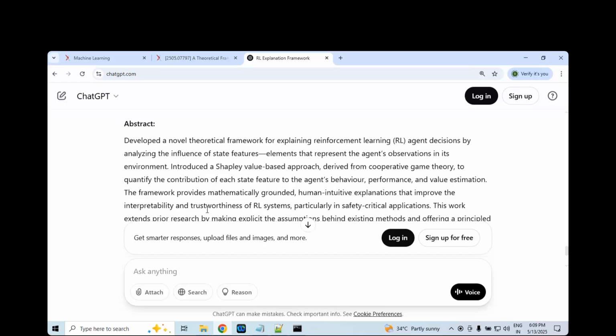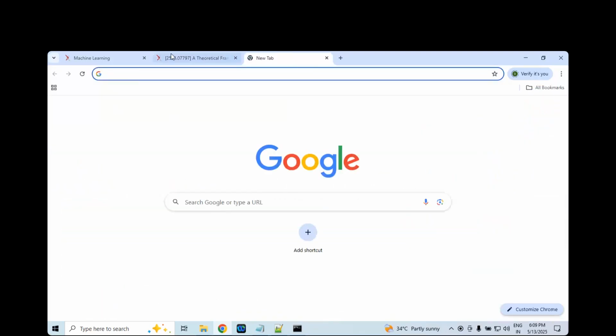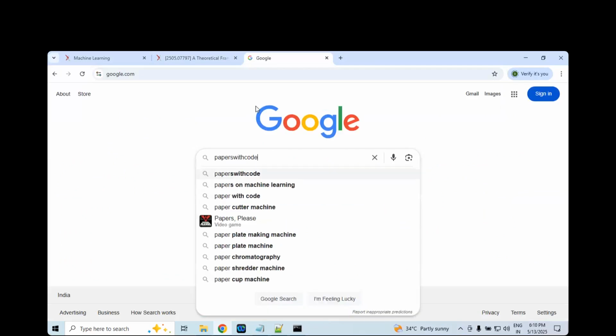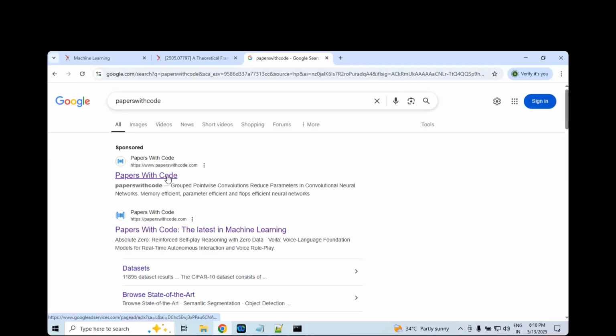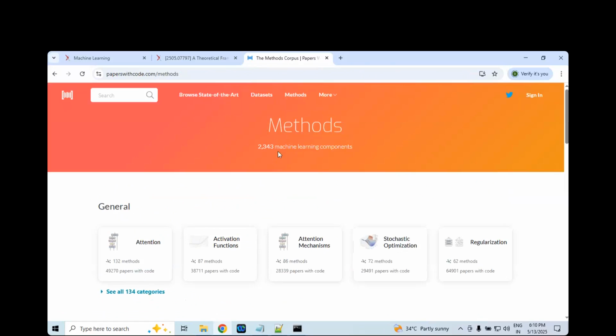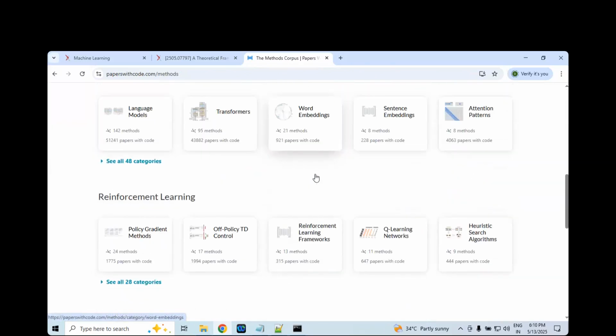This is one of the websites. Then let me tell you one more website, but this one is the best actually. This one is the best website. One more, I know 2 to 3: Papers with Code. This one is also one of the best websites, man. It is also good actually. This is completely data science related stuff, machine learning components actually. Here you can see, but one day I will explain all these things actually.